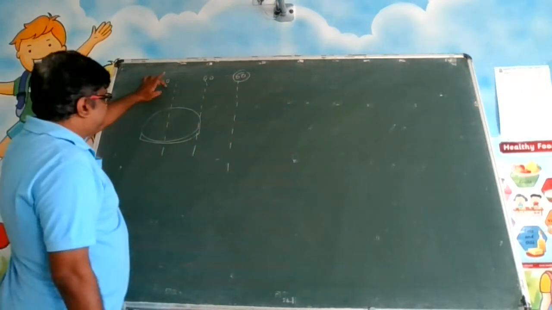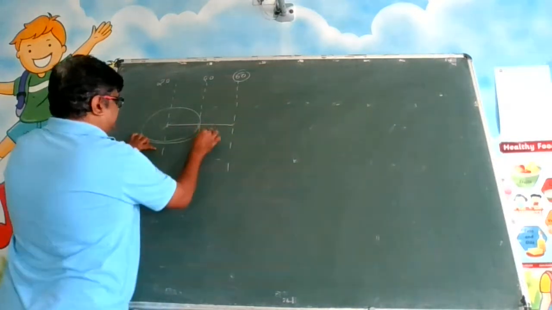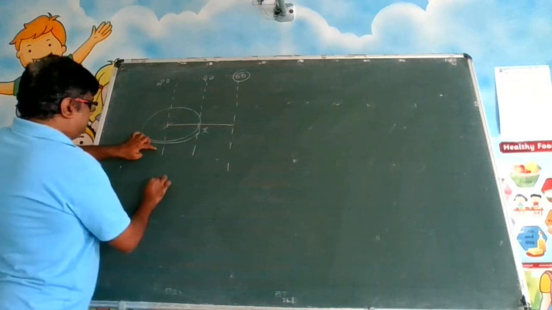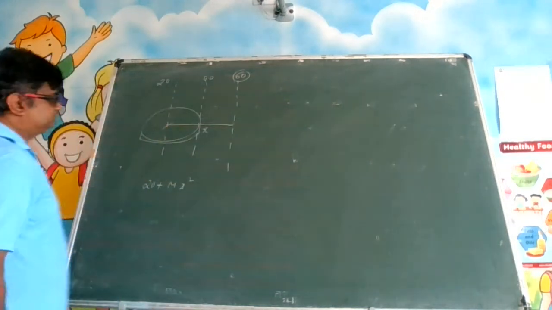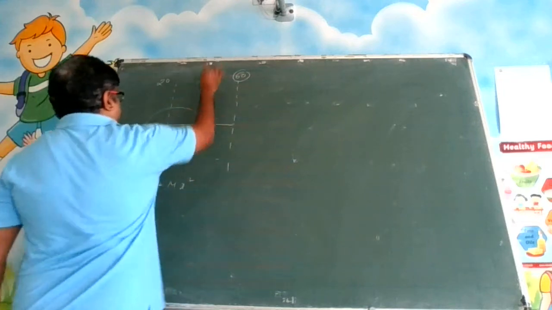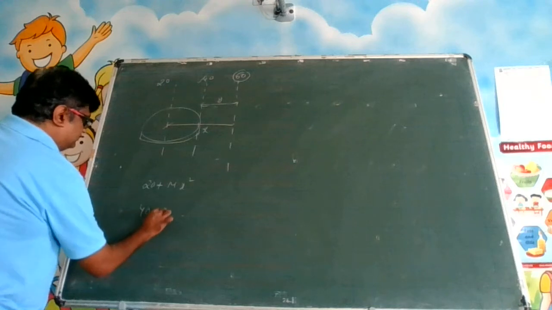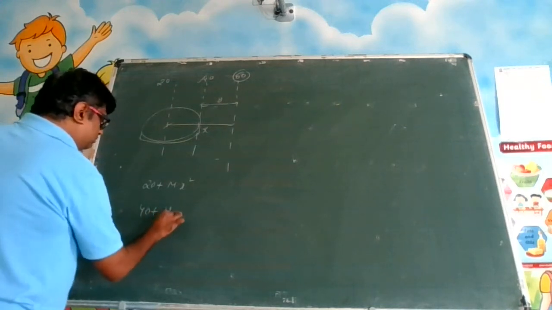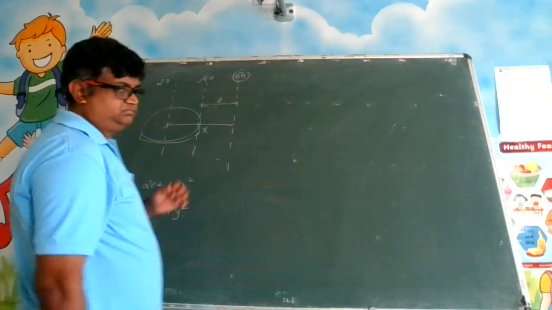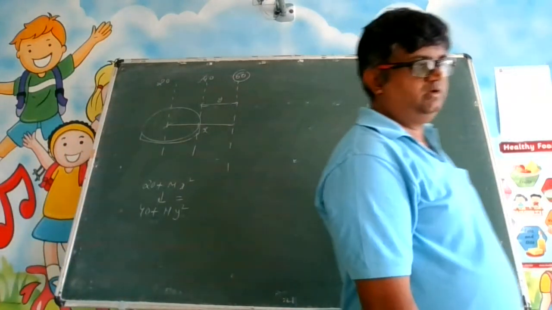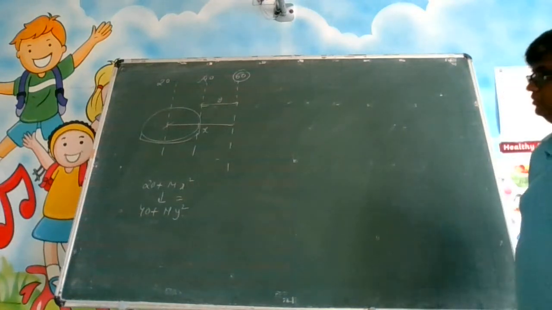You can take this axis and take this distance, let us say it is x, so 20 plus m into x square, where m is the mass of this. You can take this also, let us say this distance is y, so you can directly put 40 plus m into y square. Both will be the same only, you will get the same value.